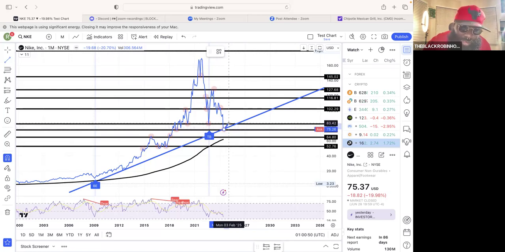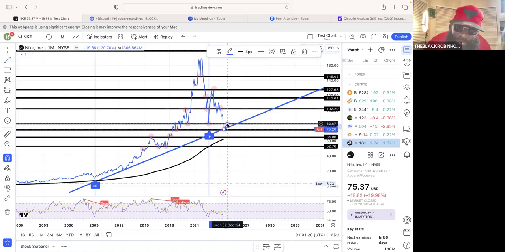So you don't want to be so definitive with what you're saying, because it can break through and you're going to be like, oh shit, I thought it was going to bounce. But there's a high probability that from 75, if it does go up, it will face some sort of ceiling at 82. And so if you buy, 82 will likely be the level where you want to take some profits,